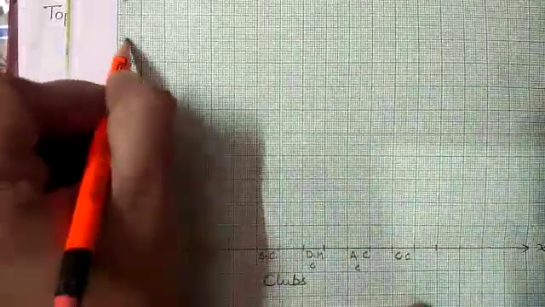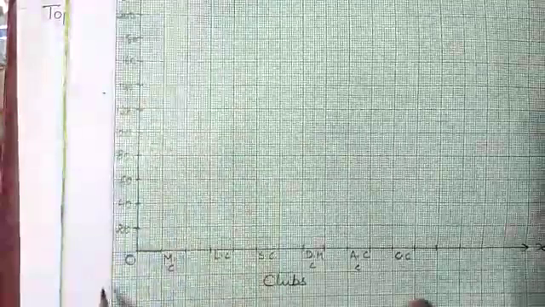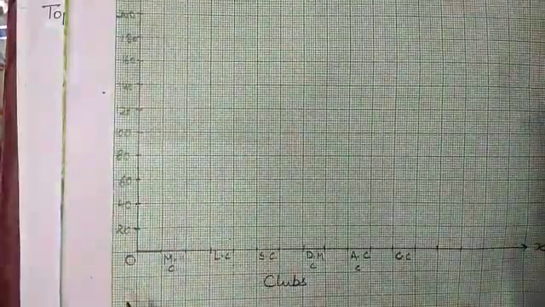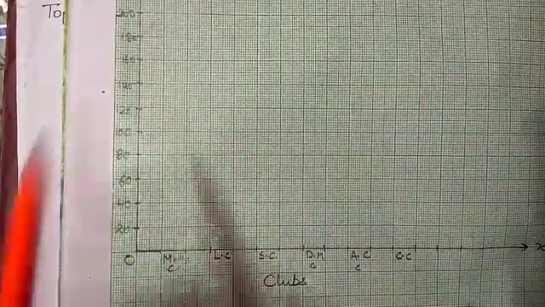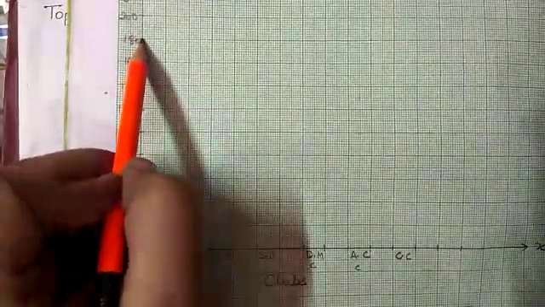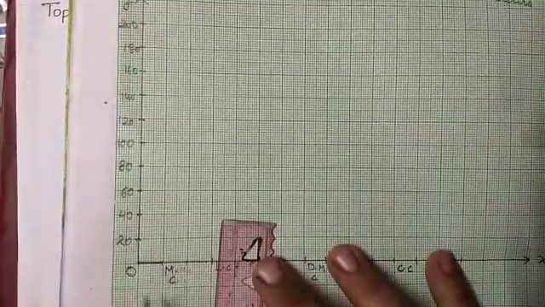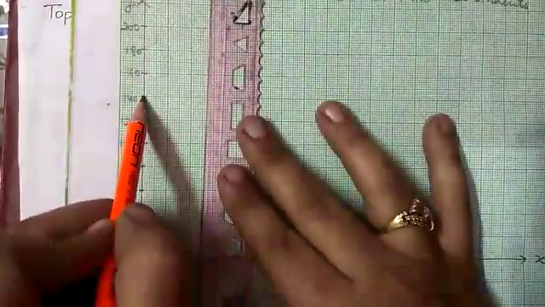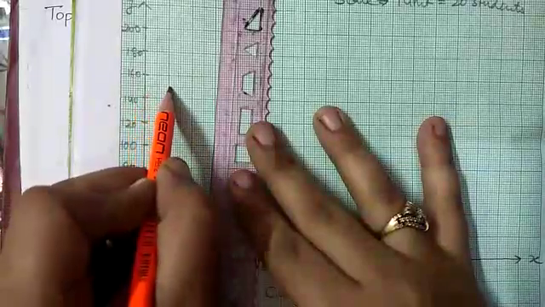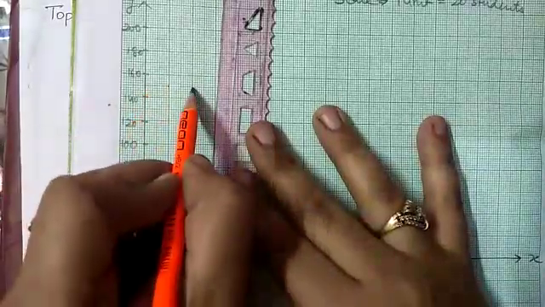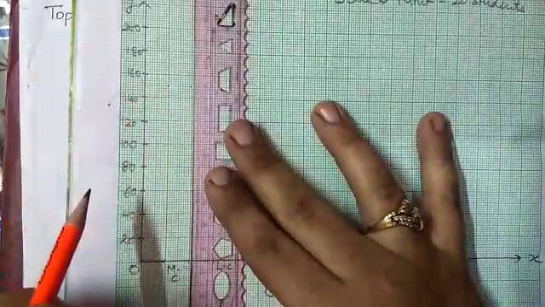160, 180, and here it became 200. I need the maximum value up to 180 as per my question, so I have drawn more than 180. You can leave it at 180 also. Now to draw the mathematics club, we have 150 students. Now see, this is 140, this is 160. Here is one more line between them, at the half. This represents the mid of 140 and 160, that is 150.